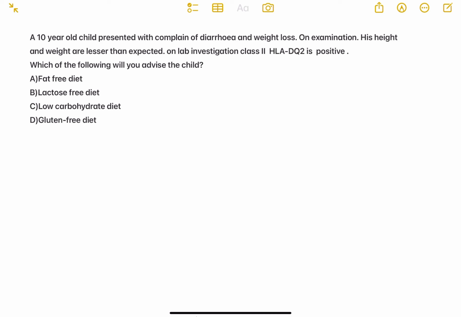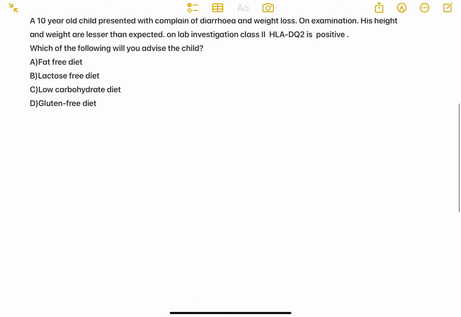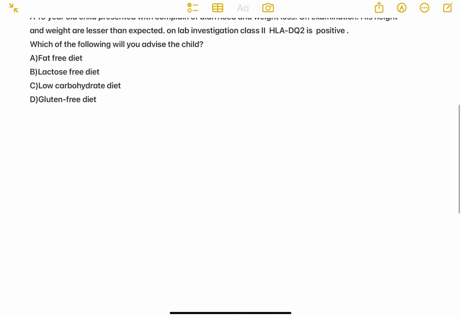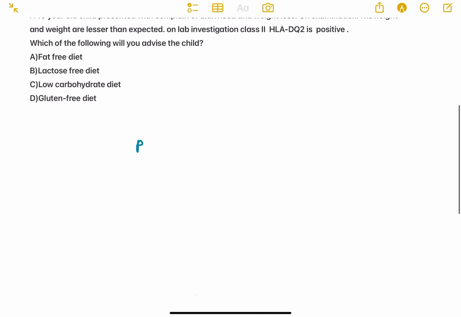The question is: a 10-year-old child presented with complaint of diarrhea and weight loss. On examination, his height and weight are lesser than expected. And on lab investigation, class 2 HLA DQ2 is positive. So, what are the key points in this question? The key points to reach the diagnosis are that the patient is having